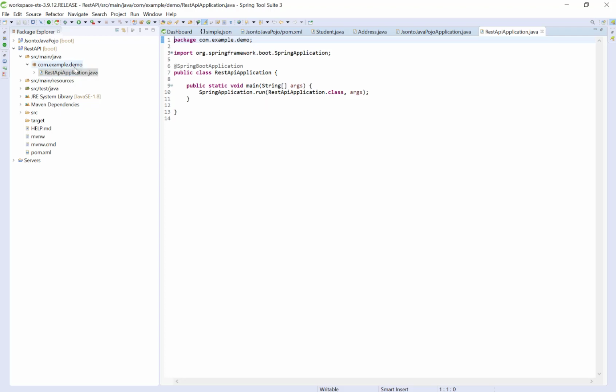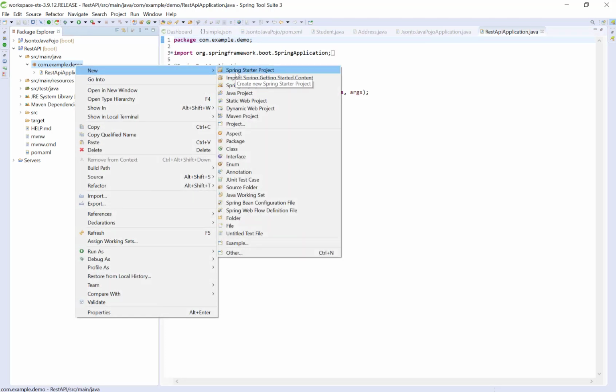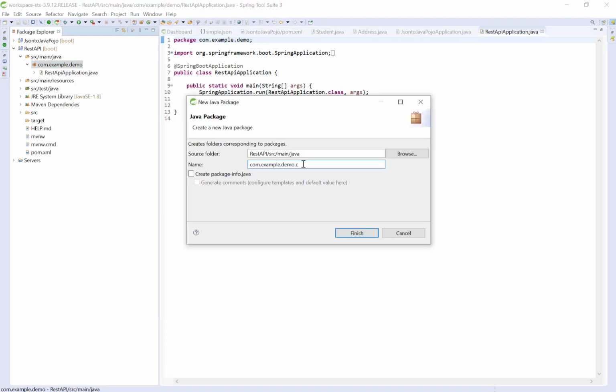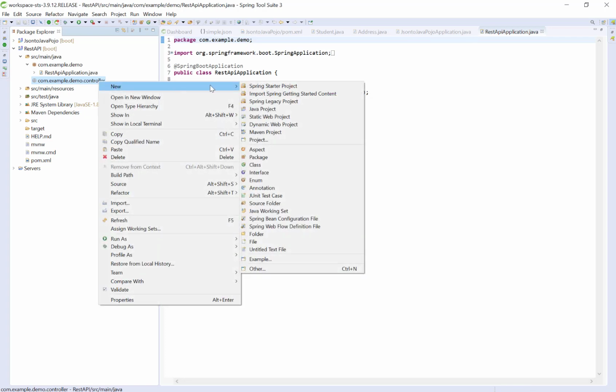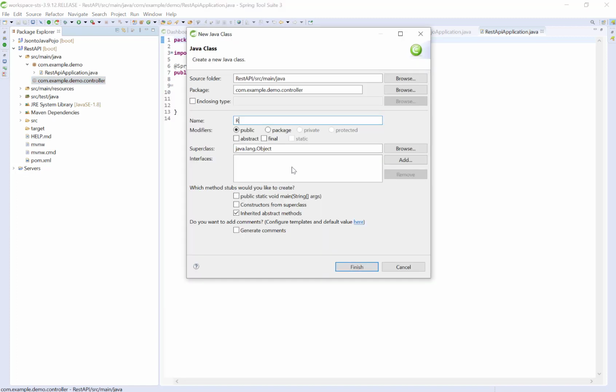Now I will create one more package here. Inside this package I will create one class. I gave the class name as RestApiController.